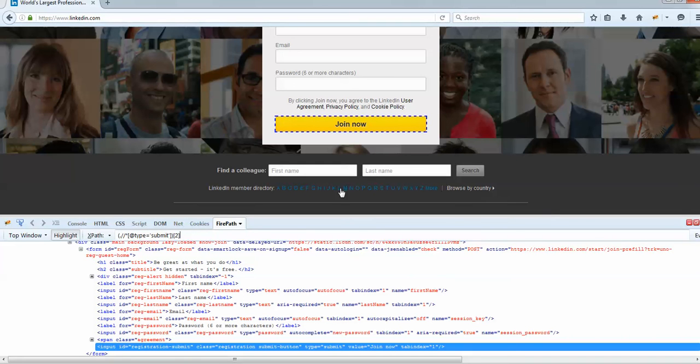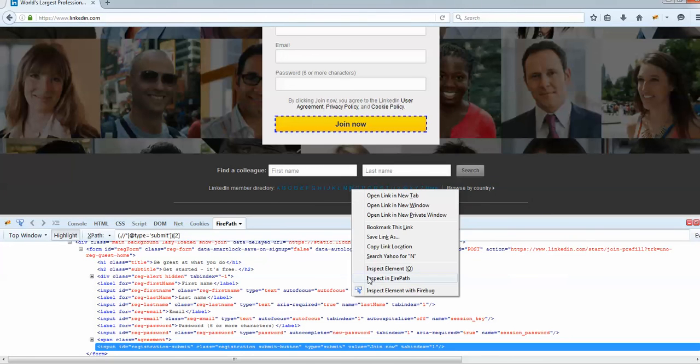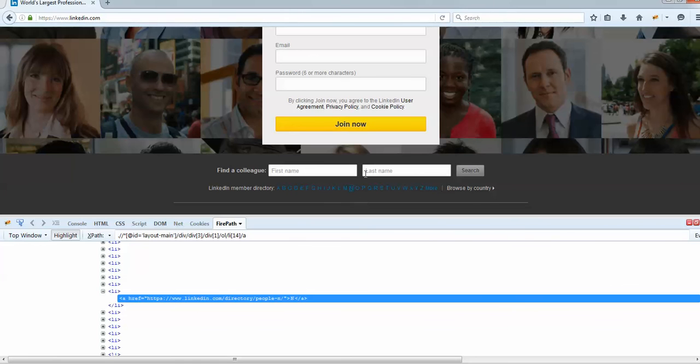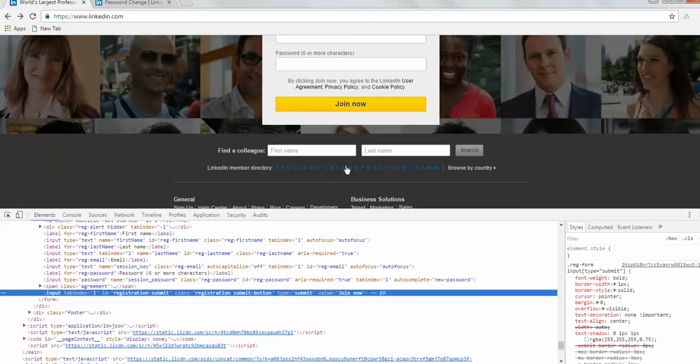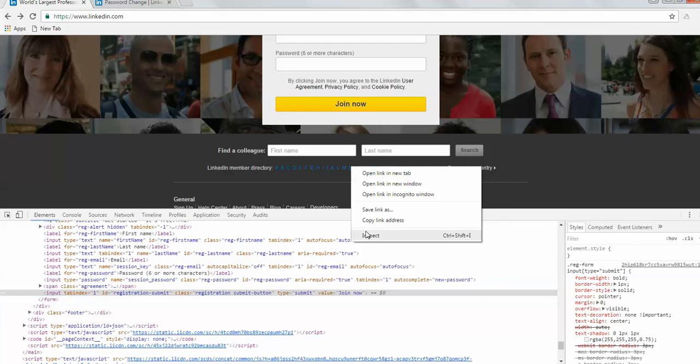Also if you see something like this, ABCD, let me come up with one XPath. So it says li of 14. Anything which says li is list. Let me show you in the Chrome browser. Come here, inspect.